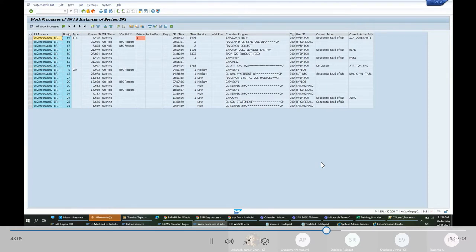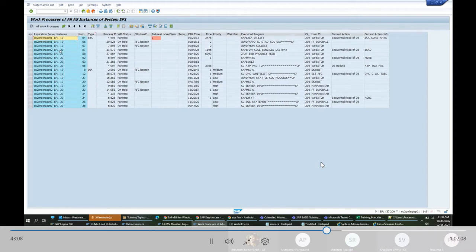If you see which server they are running on, 5 jobs are running on this app2 server. Maybe these are memory intensive jobs. If you see, they are running for a long time, so they would be occupying more memory. Since this server is overloaded with background processing, whenever a user works on this server the processing will be slow, because the CPU and memory are already being utilized by those background jobs. So end users will have a slow response.